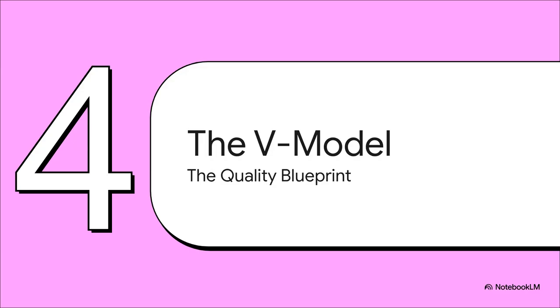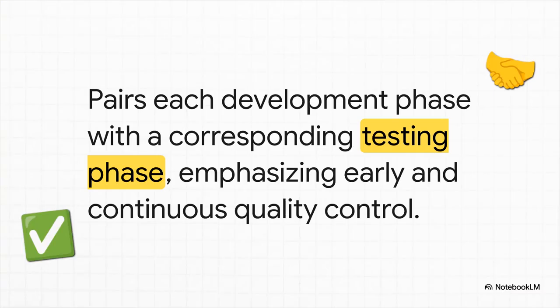All right, so we have a rigid model and a flexible one. But what if your number one priority isn't just getting it done, but getting it done perfectly? What if quality is absolutely everything? Well, that brings us to our third blueprint, the V model. So how does this model get so